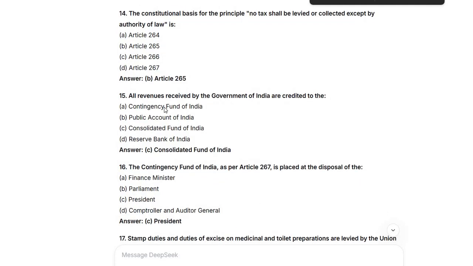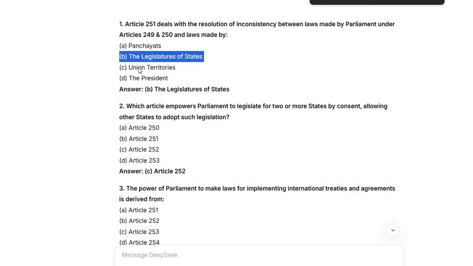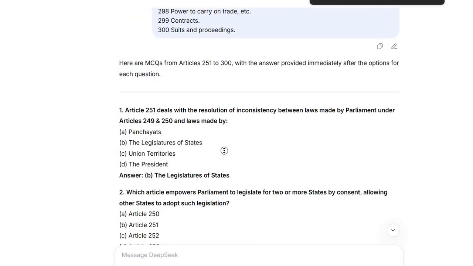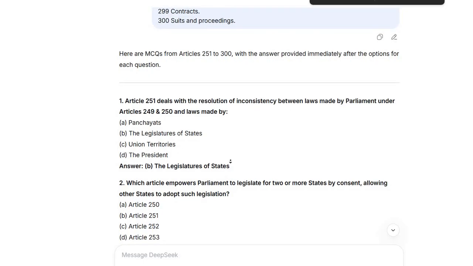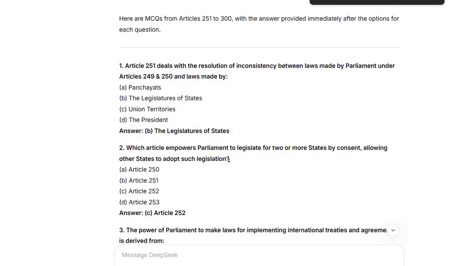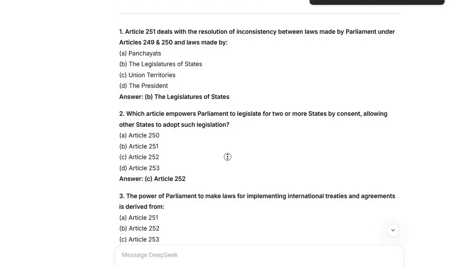Article 215 deals with the resolution of inconsistency between laws made by Parliament under Articles 249 and 250 and laws made by, answer, the legislatures of states. 2, which article empowers Parliament to legislate for 2 or more states by consent, allowing other states to adopt such legislation? Answer, Article 252. 3, the power of Parliament to make laws for implementing international treaties and agreements is derived